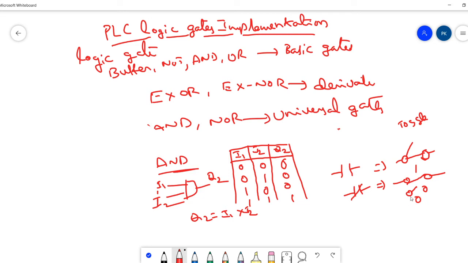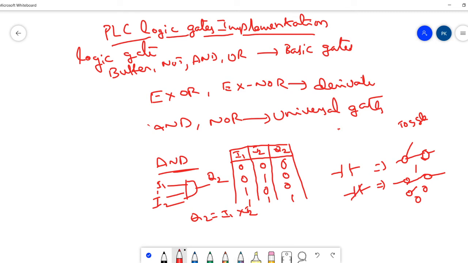So this is the operation of a normally open switch and a normally closed switch. Simply, when a normally open contact is energized by the power supply, it makes the contact. When a normally closed contact is energized, it breaks the contact. That is the difference between the normally open contact and the normally closed contact.